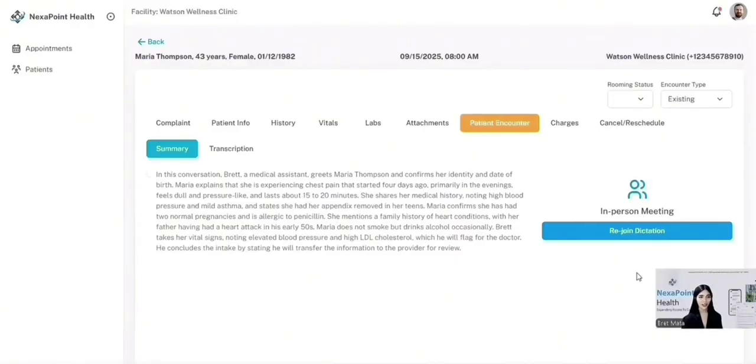Let's say that the medical assistant forgot to ask very important questions to the patient. The medical assistant may click on rejoin dictation, and the system will start recording again. Whatever information the system captures during that dictation, it will add to the summary